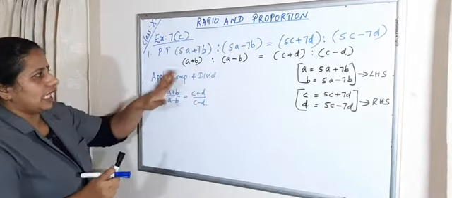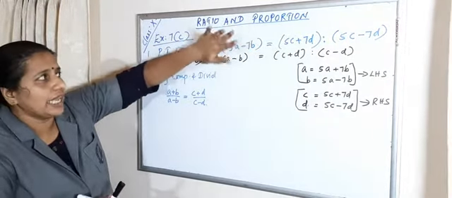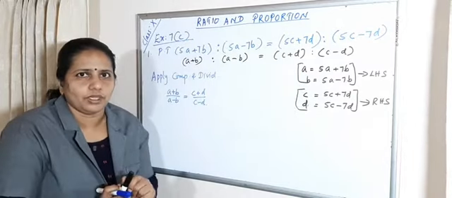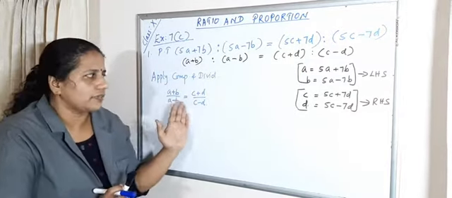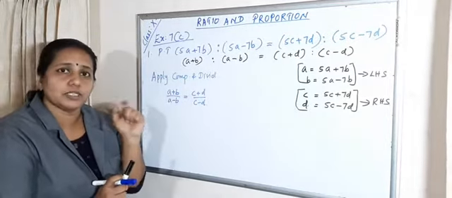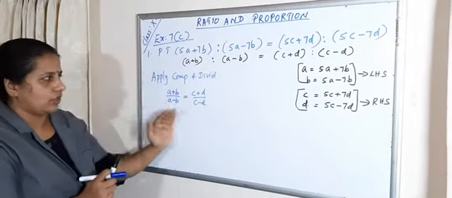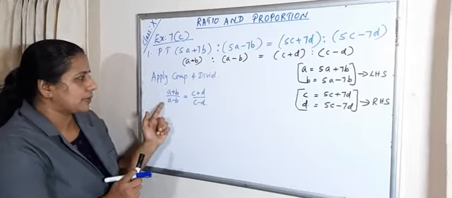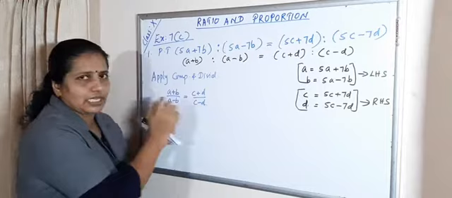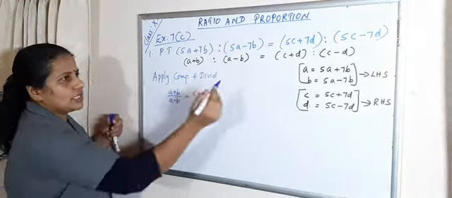Okay, after writing this property, don't look at the question. Avoid that question completely, only look at here. Up to writing this, you have to read the question carefully and find out which property we can use. But after writing all this, don't look at the question. Now look at here. First you take the LHS part, and next you take the RHS part and make it equal. Okay, that is, what is A?